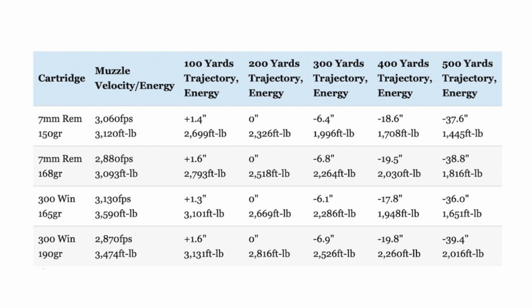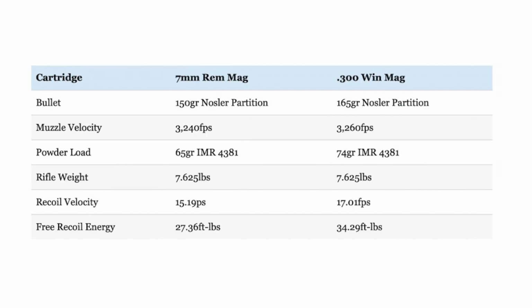They're both flat shooting and hard hitting cartridges. That said, though, the 300 Win Mag has noticeably more recoil than the 7mm Remington Magnum. For example, when fired from the exact same rifle, a 300 Win Mag load firing a 165 grain bullet has about 25% more recoil than a 7mm Remington Magnum load firing a 150 grain bullet at a similar muzzle velocity. That being said, both cartridges have a moderate recoil that many, but not all, shooters should be able to handle